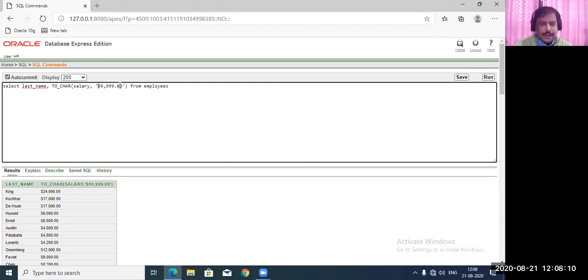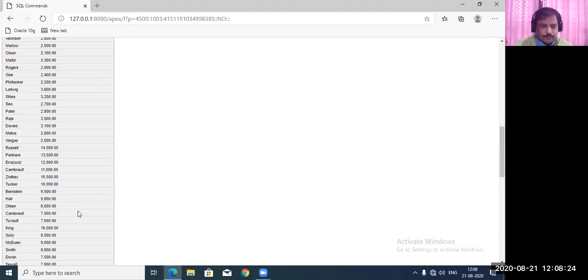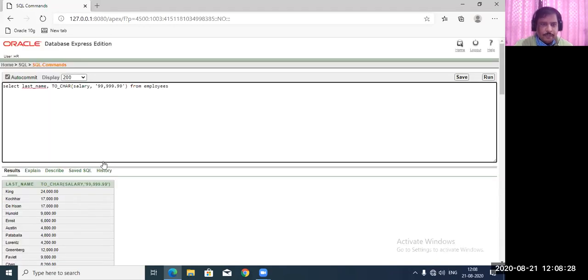This is 9999 I have written. Okay, and the rest 00. If I put 99 again, you check here, the original value will come. Yes. So now if you have a fractional value, I think we don't have any fractional values, everywhere 00. So that's why it is coming 00. So if you are writing 9, that means the original value will come.